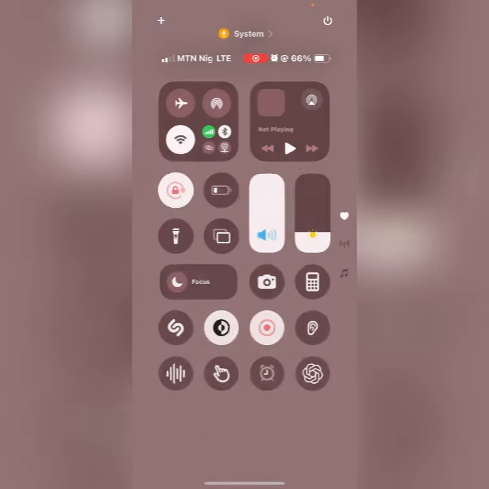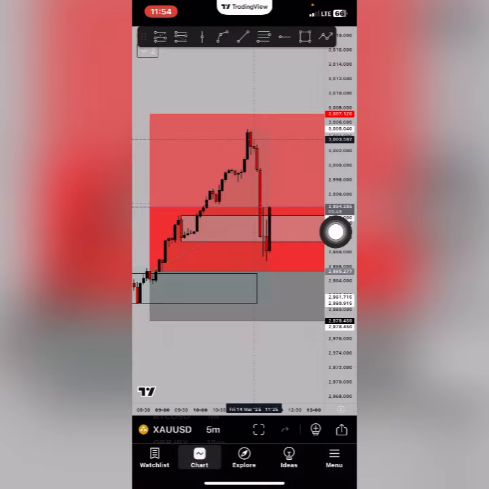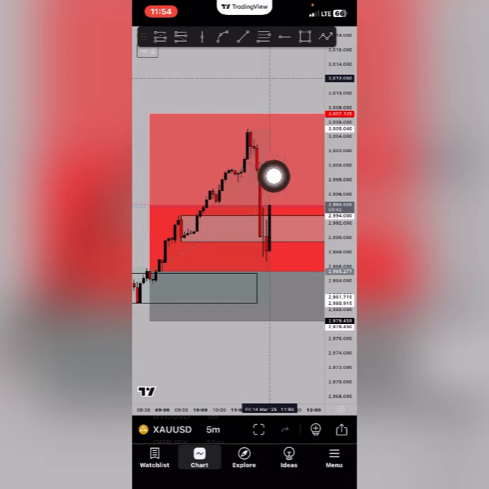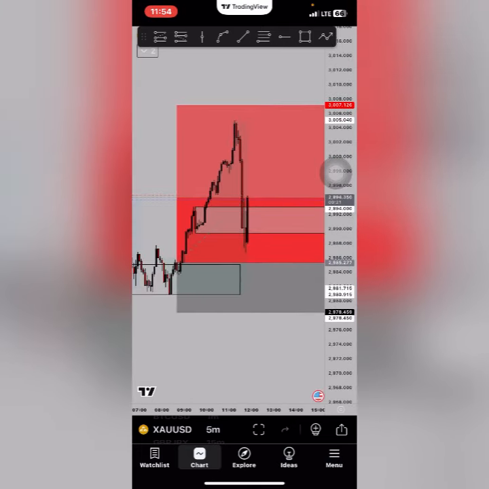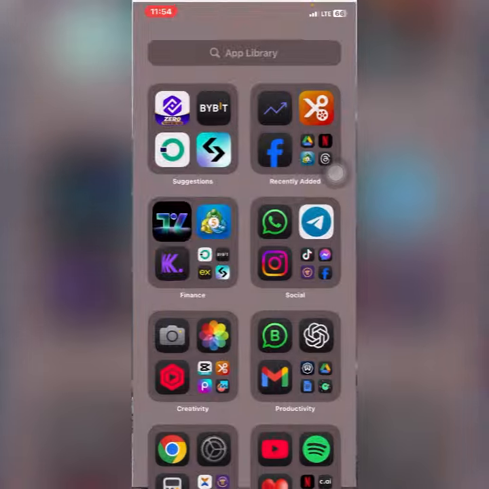Let me do this so you can see. Price started to reverse from this point. Immediately it got to this area right here, I quickly closed so that I won't lose the money I already made. So now I have secured some profit. I'm going to be looking for another entry. As you can see, I already dropped my zone that price will react from, and price is already reacting from that point, from my MT5, you can see.